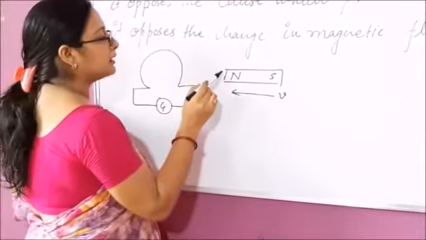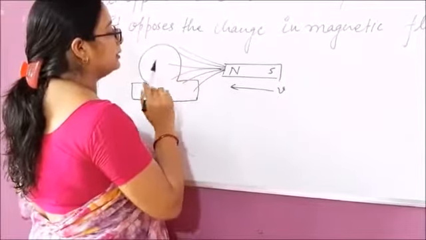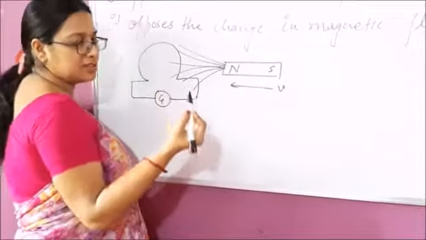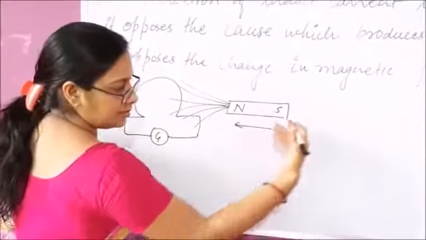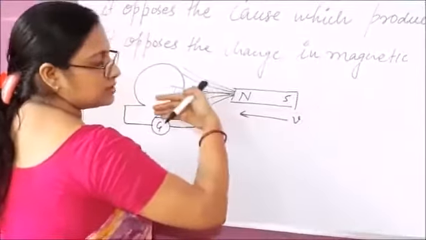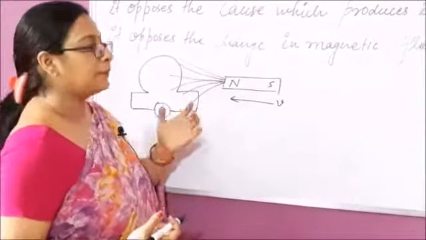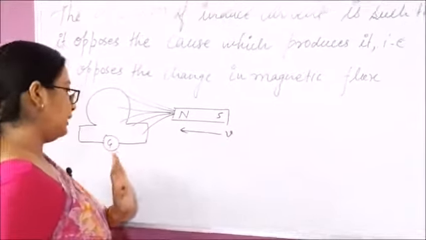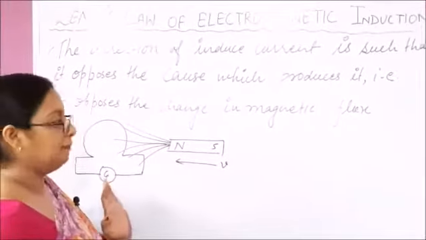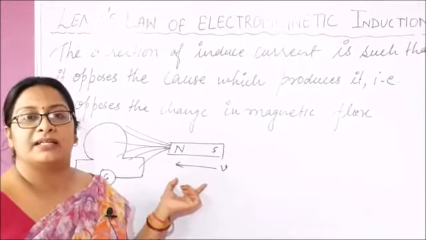So here the number of field lines linked with this coil changes, or we can say that flux increases when the magnet is moving towards the coil. So more field lines are linked with this coil. Okay, so here the current will definitely be induced and the galvanometer shows deflection, but the main cause of induced current is